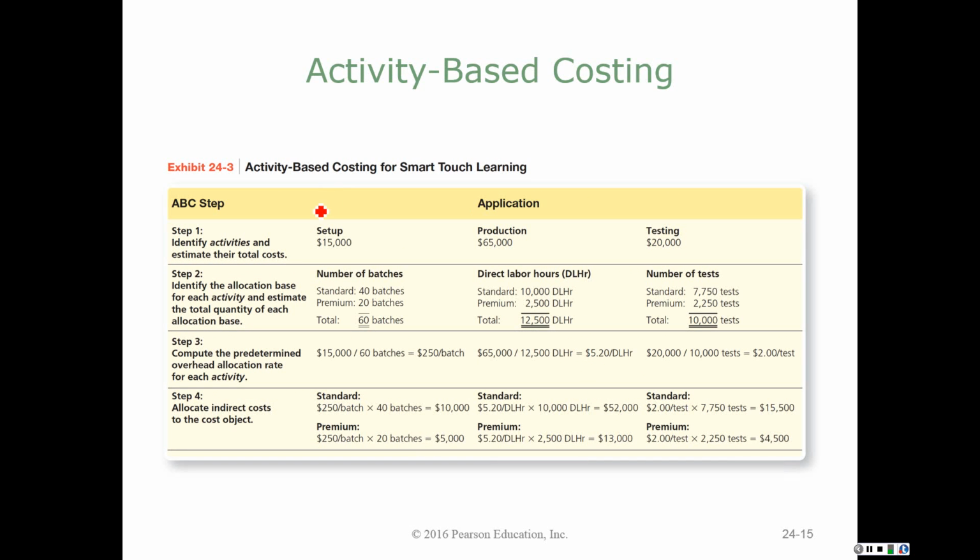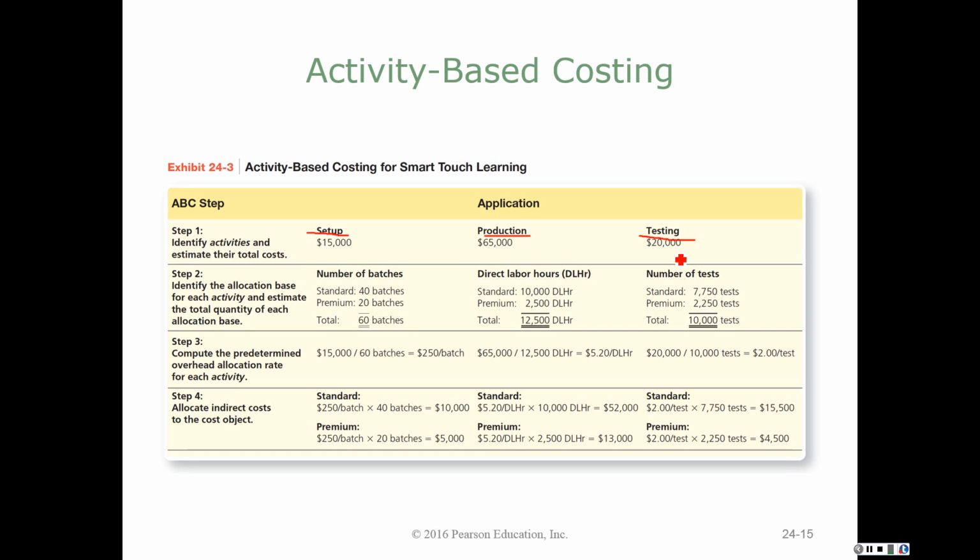So the text has chosen 3 different areas: setup, production, and testing. Okay, so how do we get here? We look at our estimated overhead cost, or the overhead costs that we have spent in the past. And if I can look at those costs, can I break them down into significant cost pools or categories? And so here your text has said, yes, we spend about $15,000 in overhead for setup, $65,000 for production, and